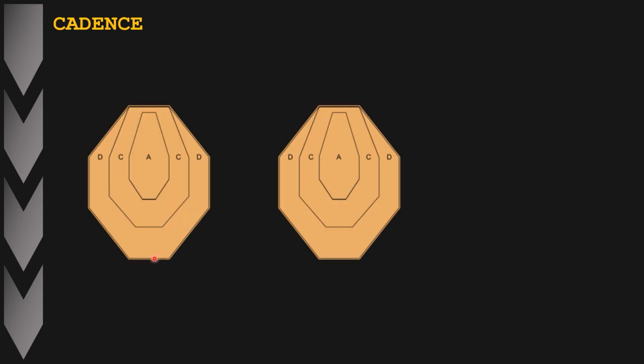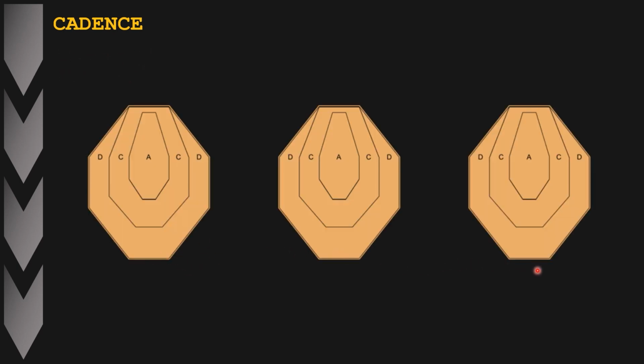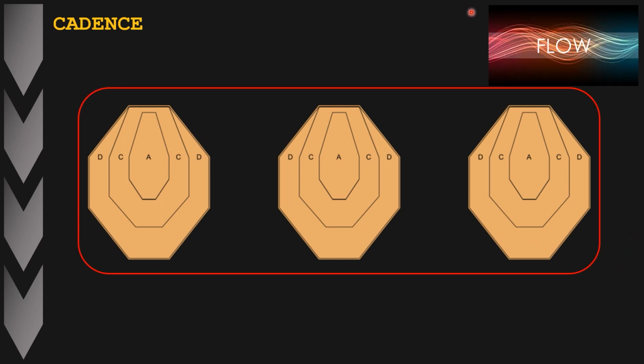So how do advanced shooters view and engage the same target array as discussed earlier from the perspective of a beginner or an intermediate shooter? Well, instead of looking at each target in the array as a separate independent target and engaging it as 1, 2, transition, 1, 2, transition, 1, 2, they actually look at the target array as a whole. So it's not 3 separate targets, it's actually one target array that I need to engage,